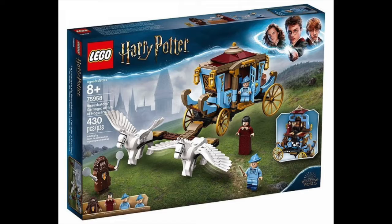Both these sets are pretty nice. The Beauxbatons one's kind of odd. But yeah, if people like it, it's probably the cheapest way to get the new Hagrid minifigure. He comes in a different design, with his Yule Ball clothes on, but that's fine. It's a 430-piece set. Yeah, if you're into that,